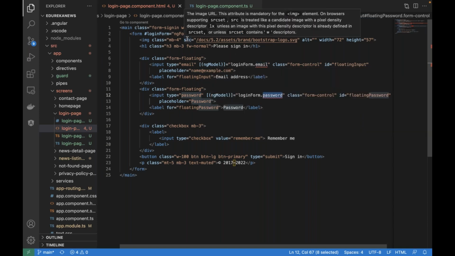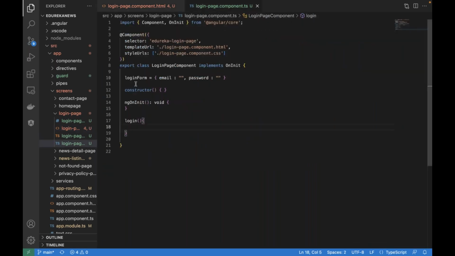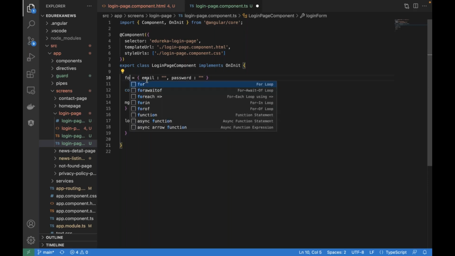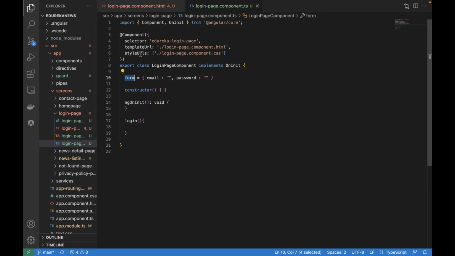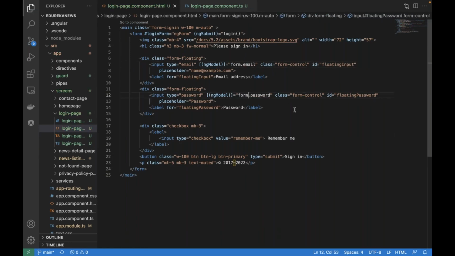One thing which is going to create a problem is that I'm using the template name as a login form, and in the TS code also there is a login form property. So that will give a conflict. So what I will do is in the TS code I'll just change it to form, and over here, I'm just going to write form like this. So just to get around this problem. Now, once this is done,